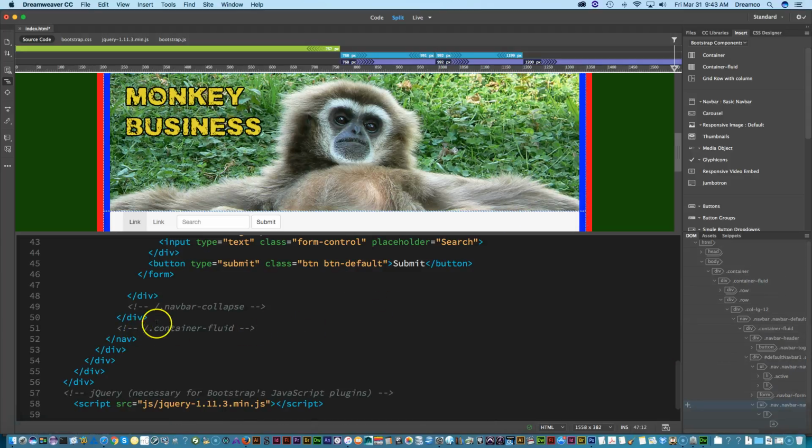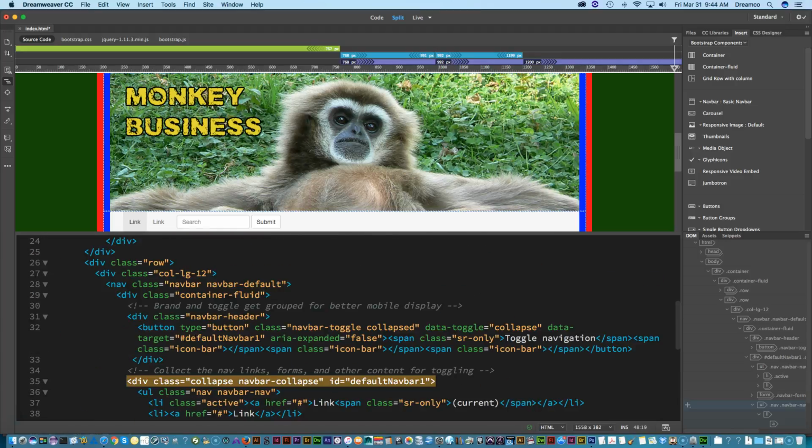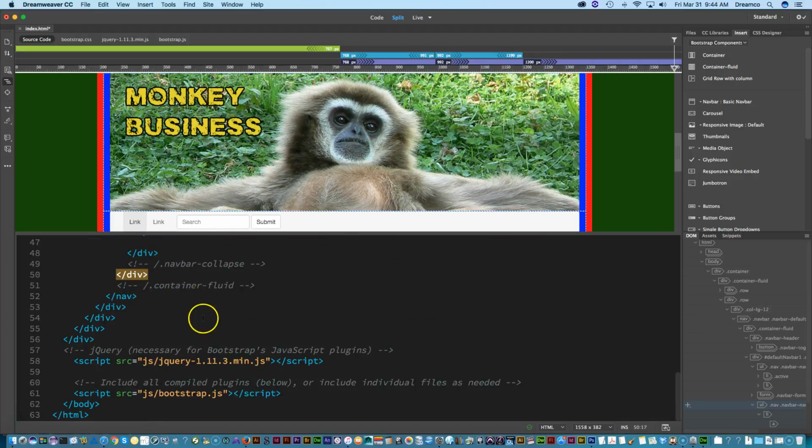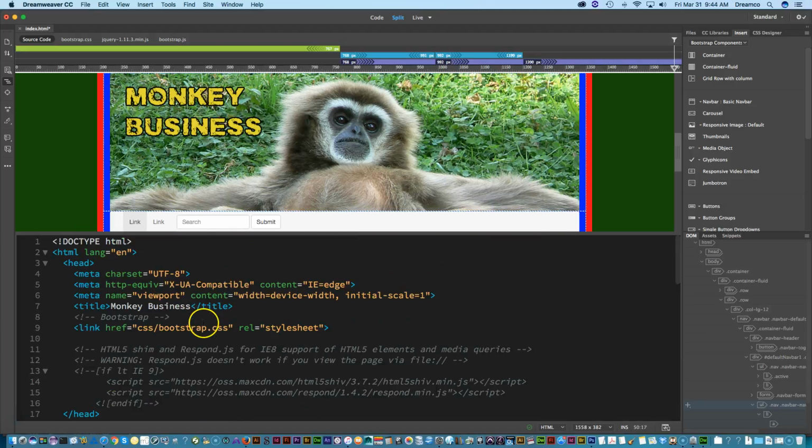Okay, good. Now, by the way, these little gray items, this text that you see in here, I've mentioned before, are what are called comments. This is just information to help you out. Like this is just telling you that this div is the end of the navbar collapse section, and you can see collapse navbar up there. And this div is the end of the container fluid, which